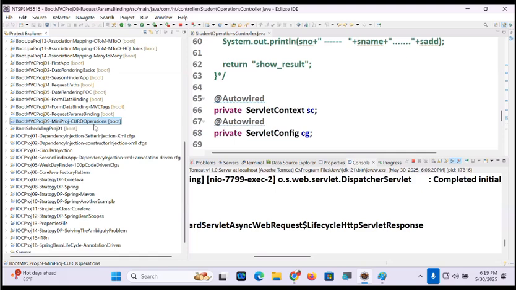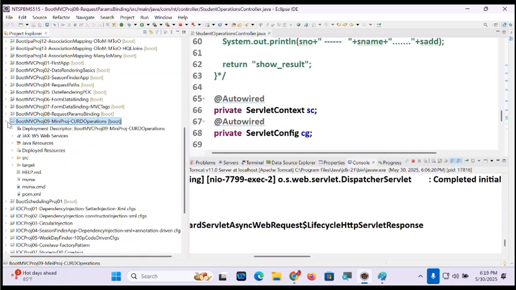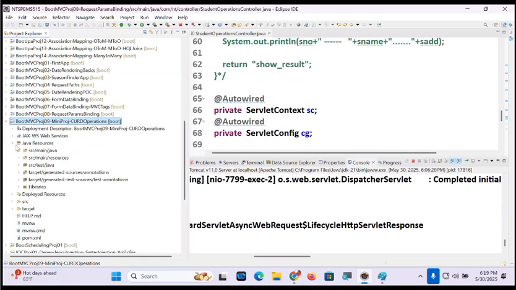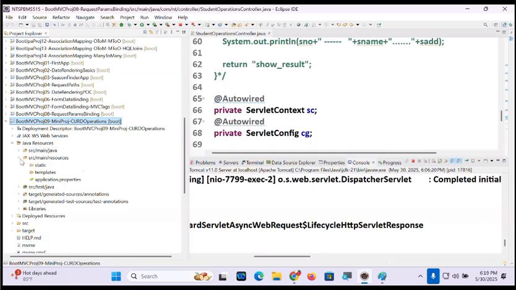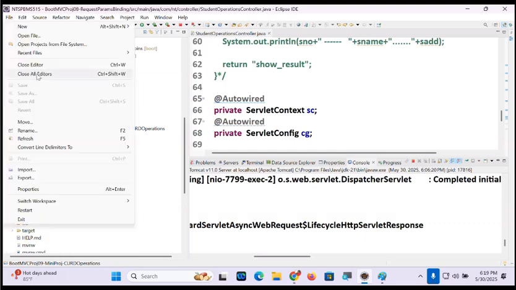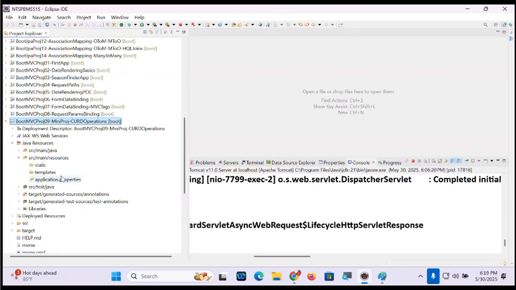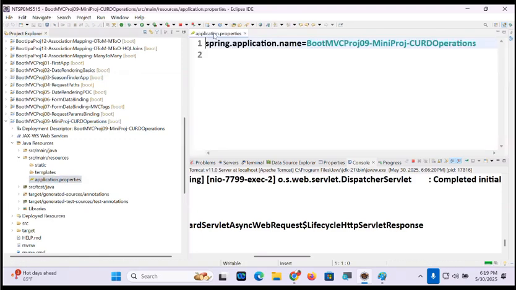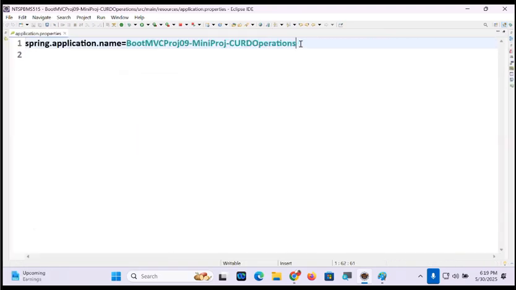Yeah, that's great. Mini project code operations. This is my application dot properties.